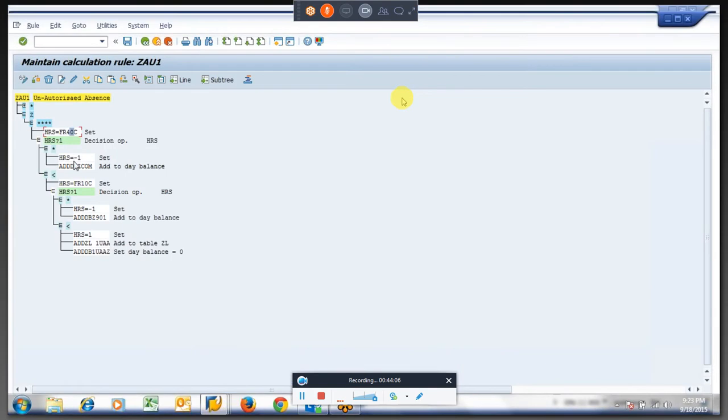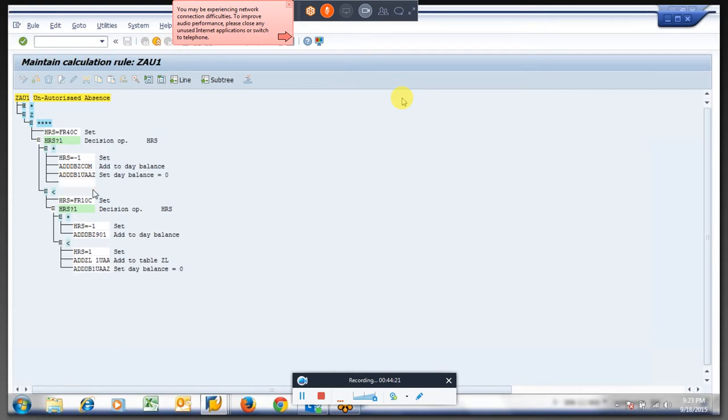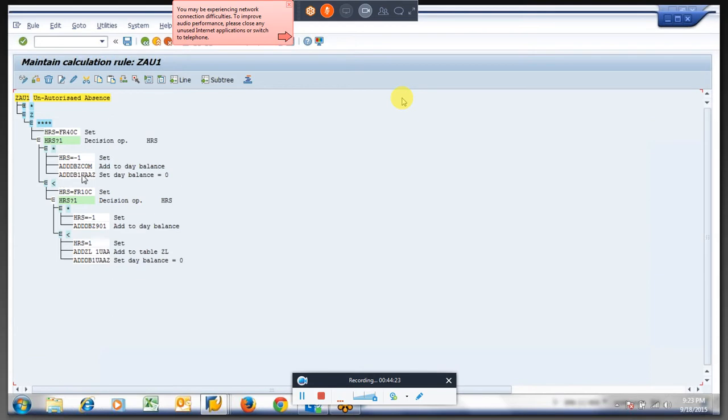So a small change again within the Z. Whenever I am generating, HRS is equal to -1, I will write a few more lines because we have to add a check mark. If you see here, I added a check mark.